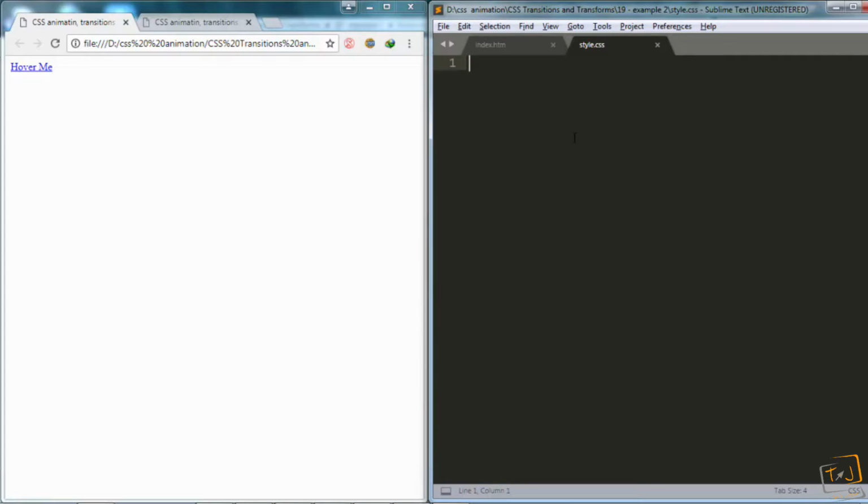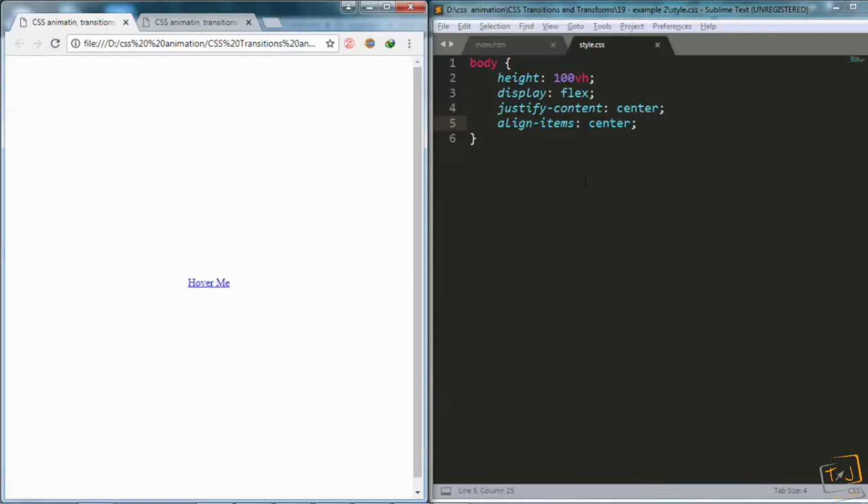So, first of all, I will target the body and add height 100vh. Then I will add display flex, justify-content center, align-items center as well. What these 3 lines of code will do is center the link horizontally and vertically using Flexbox. This has nothing to do with CSS animation, and